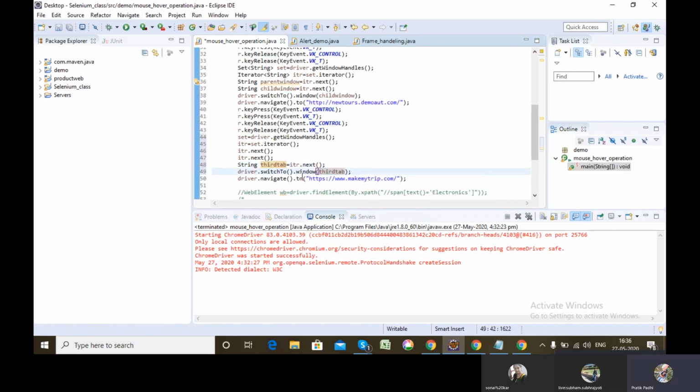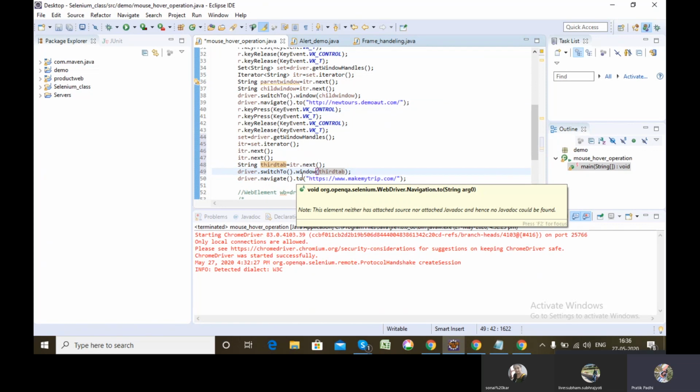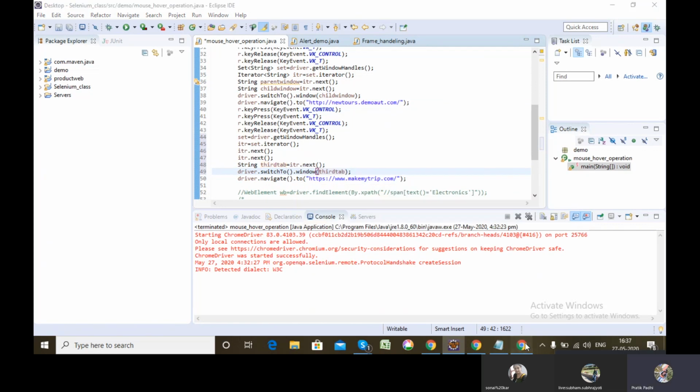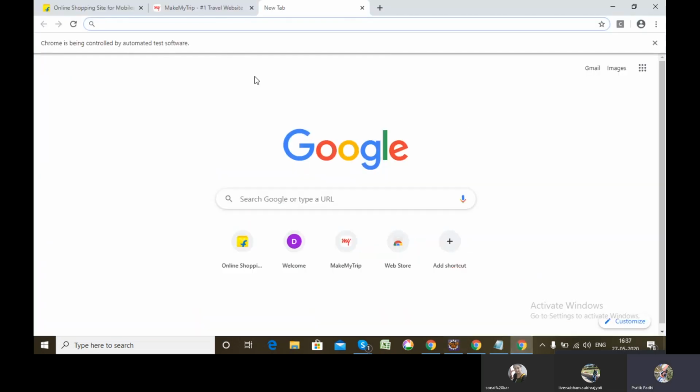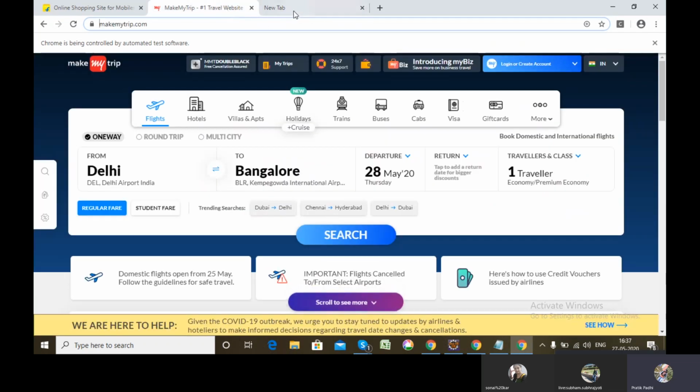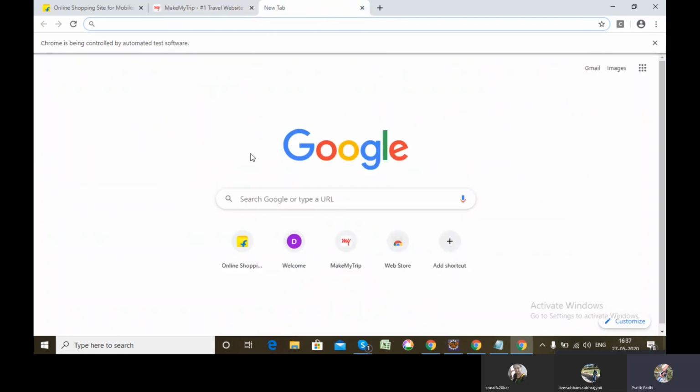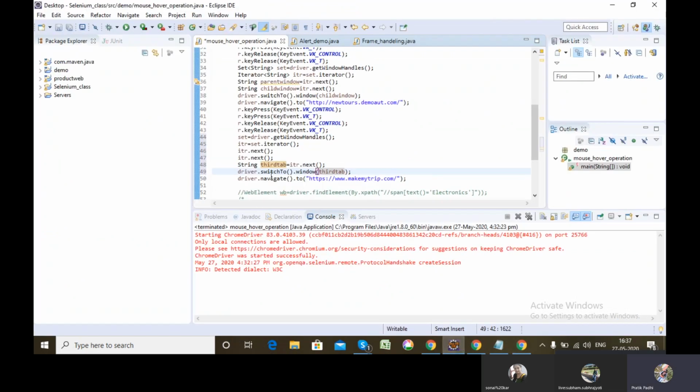What will happen is my driver control will now get switched to this third tab. So now MakeMyTrip will not get opened in the second tab, rather it will be opened in the third tab. You can also see the ID values in the console by printing them out.